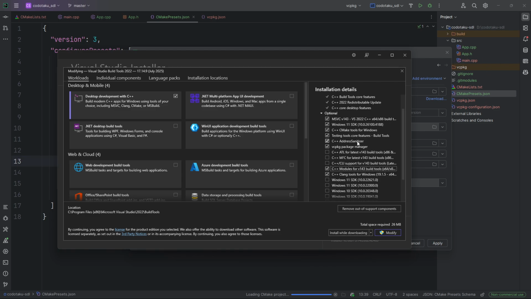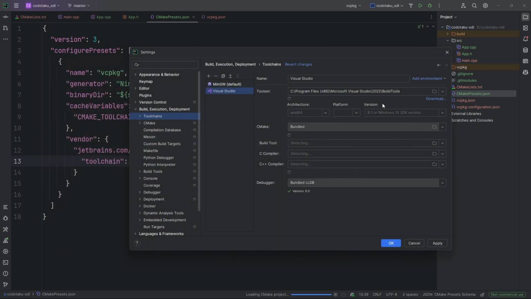If you want the C++ AddressSanitizer, or the CMake tools, though you don't need the CMake tools in terms of CLion because they're already included there by default. But yeah, just make sure that you have what you need there. And then if you want to add another toolchain, like let's say even an Intel compiler or some weird custom compiler or whatever, you're just gonna add that new toolchain here. And here you got Cygwin, WSL, system compiler, like just from the command line environment, remote host, or Docker even. In my case, I want the Visual Studio Clang, so I'm gonna go with Visual Studio,